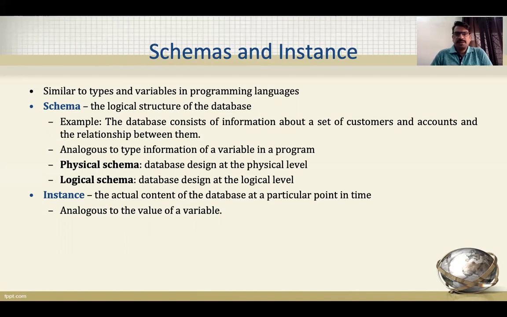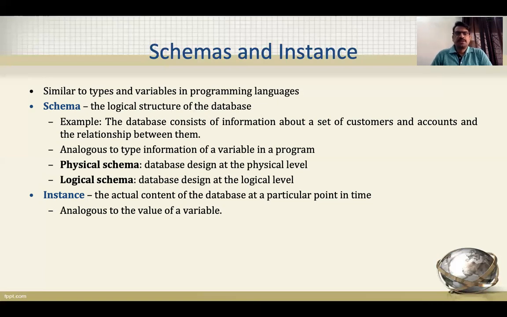Schema is nothing but the logical structure of the database. Now, what do you mean by logical structure? See, when you visualize a database, a database is nothing but a combination of similar type of data, right? And these similar types of data should be stored in an organized way. Okay. So the organization of this data, when we define it, will be defined in the form of a